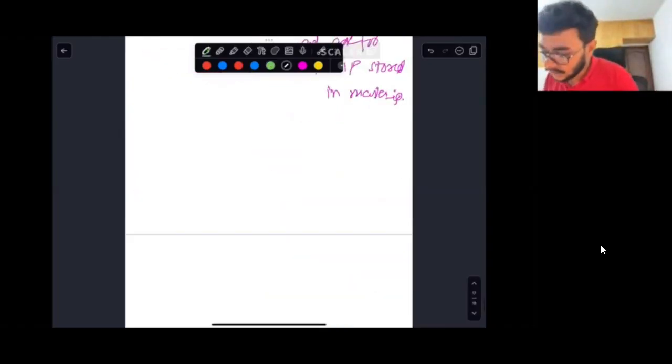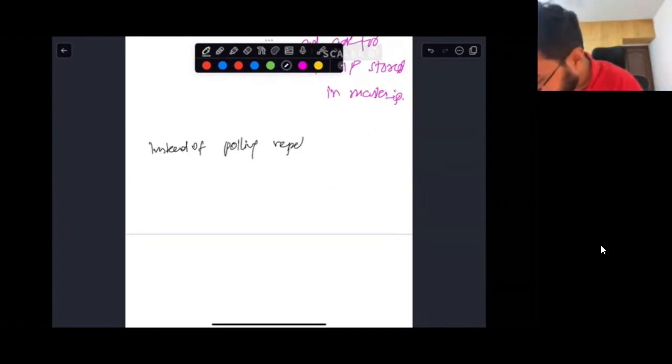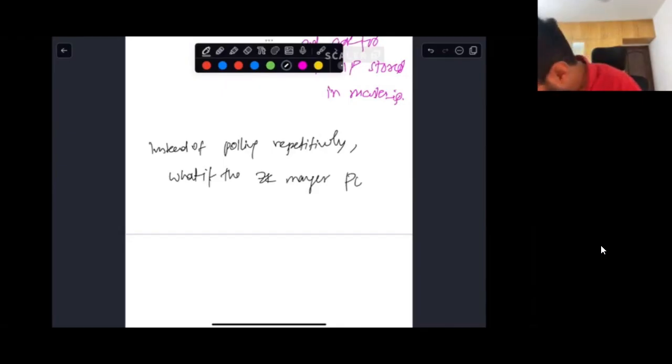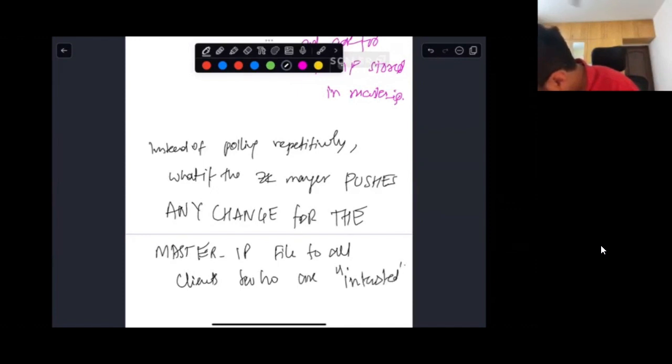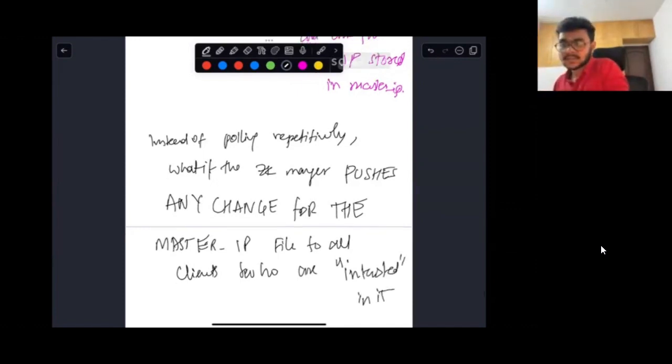That instead of polling repetitively, what if the Zookeeper manager pushes any change for the master IP file to all clients who are interested in it? Does this line make sense to you?